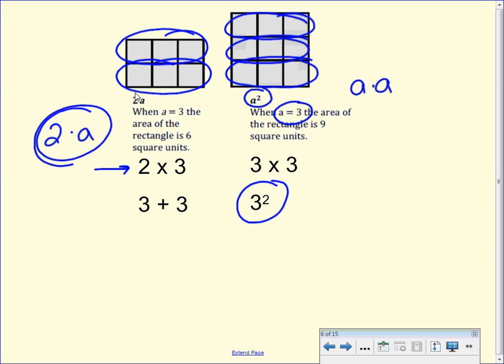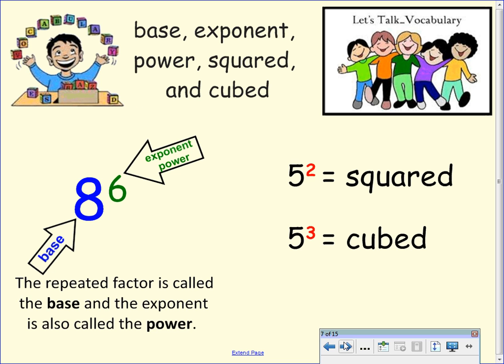Absolutely. And we'll get to that. Absolutely. Your variable could be your exponent. Your variable could be your base. But these are words we haven't talked about yet. So let's take a look, and I want you to write some of this vocabulary on the top of your